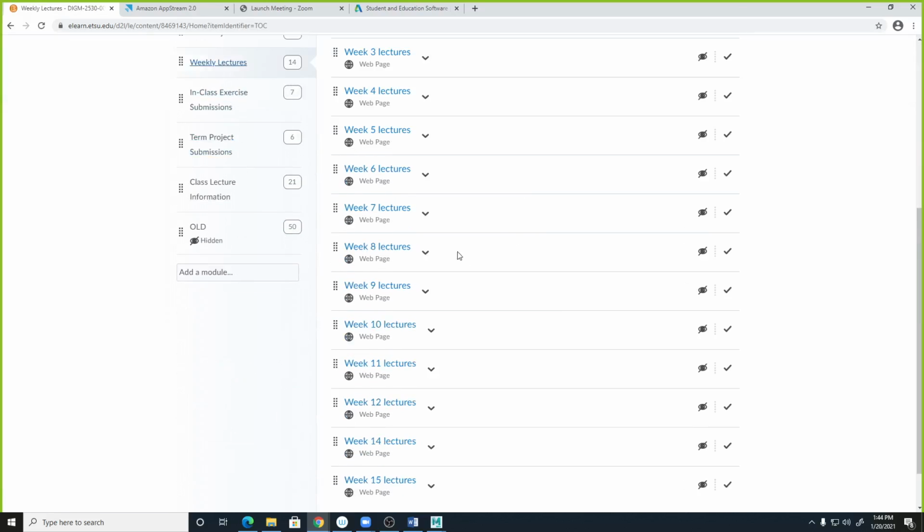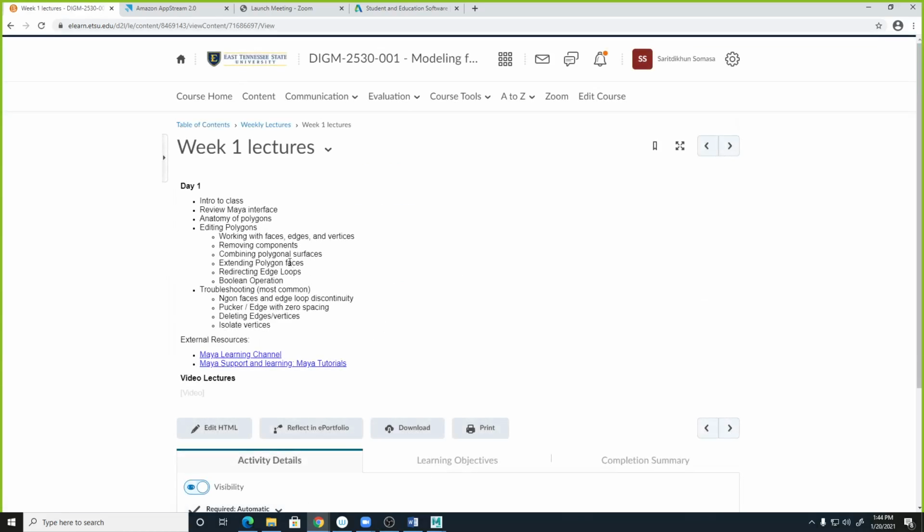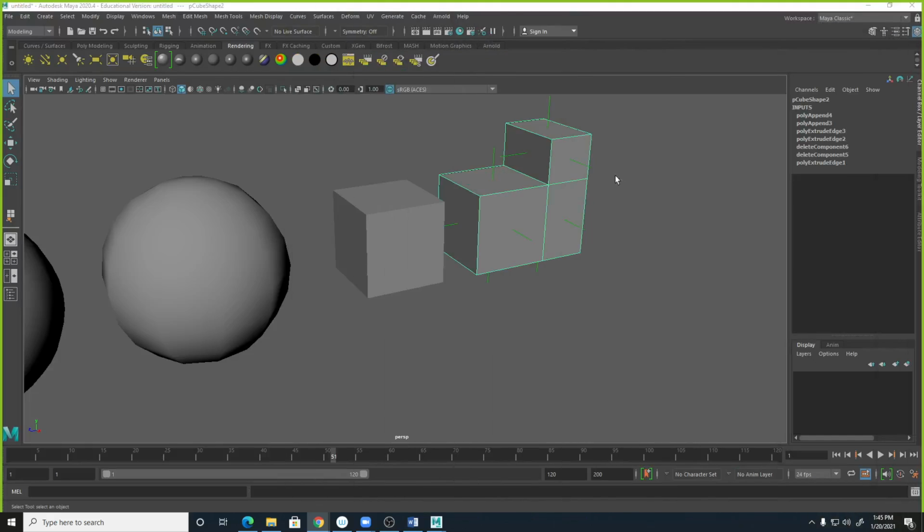Let me turn this on, and then the video will be here. Working, remove component, combine. Okay, now the combine, I'm going to stop after combine, and then we come back on Boolean in the next section, and in the next section we will start to build the cap together. Okay. Oh, we still need delete edge and vertex. Okay. So now